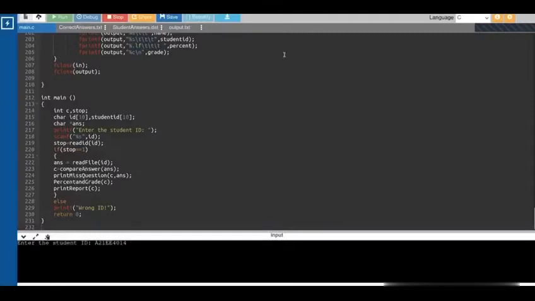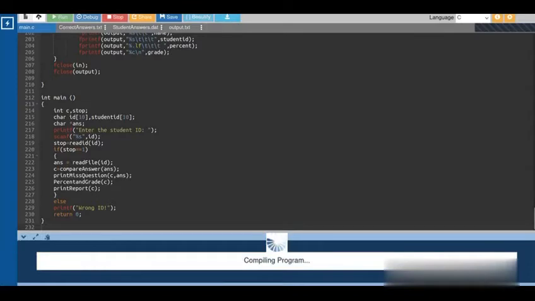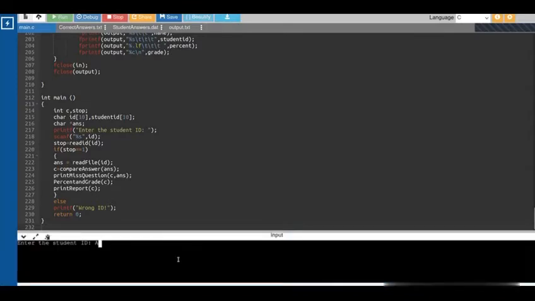Hello, my name is Rayan, and I'll be showing you what will happen when we run the code. First, we press run, and then what will appear is "enter the student ID." I entered one student ID, which is a wrong one that doesn't exist in the file. It will show us that the ID is wrong. And then if we write a right ID that exists in the file,